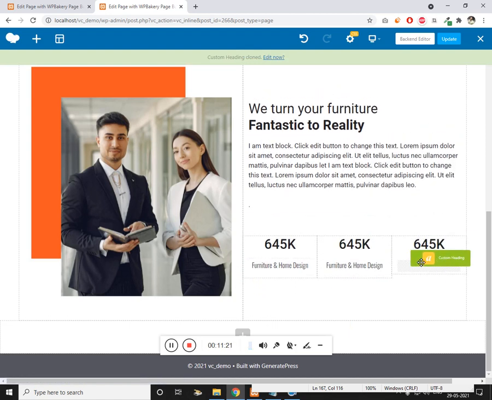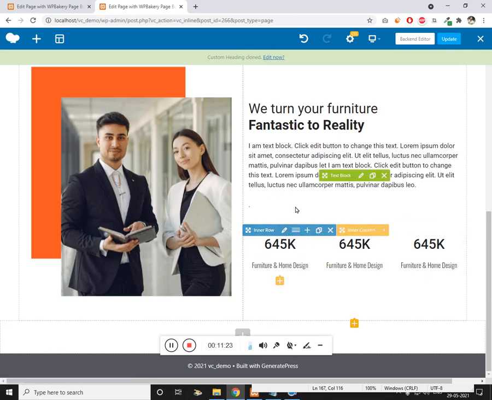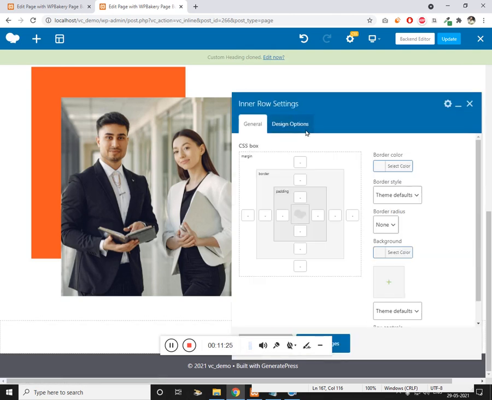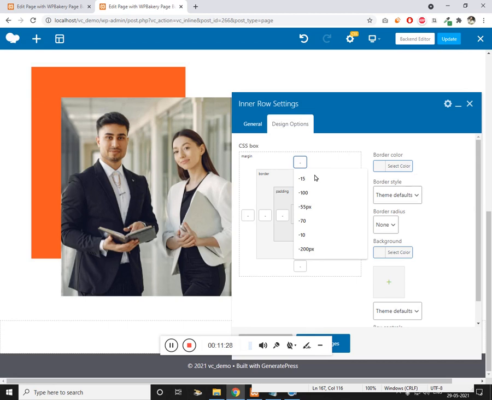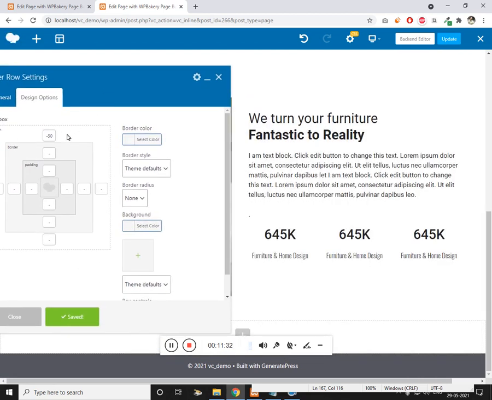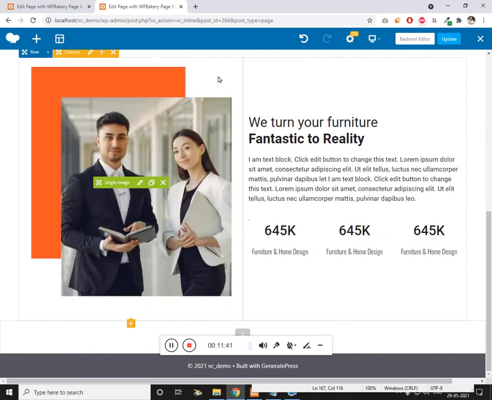And get the inner row and give the negative margin. Click on save. Let's see, I think we need a bit more negative margin. Cool. So we have completed the second section as well.